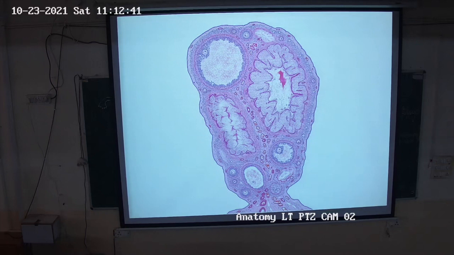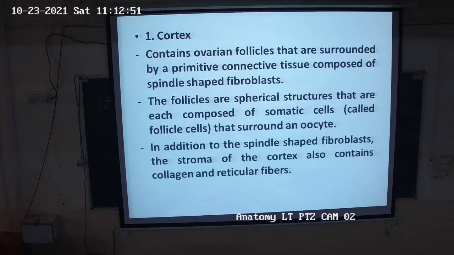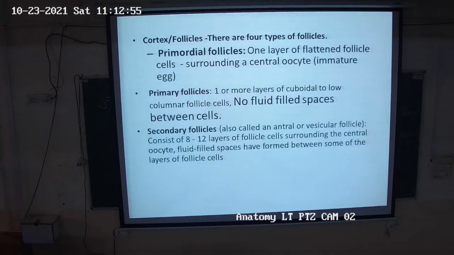Okay. Now these various stages of primary follicle are present in the cortex. Primordial follicle, one layer of flattened cells. You can write it down because you people are busy doing something else. You just write in the form of a flow chart. Primordial follicle, flattened cells. Primary follicles having simple cuboidal epithelium surrounding the follicle. So you just write simple cuboidal, no fluid filled cavity, then it is primary follicle.